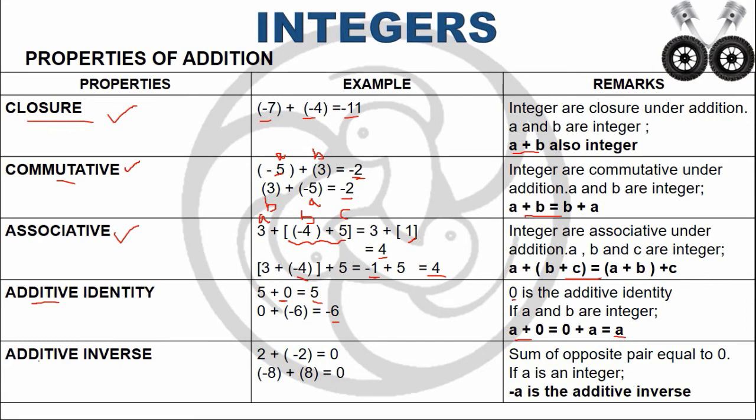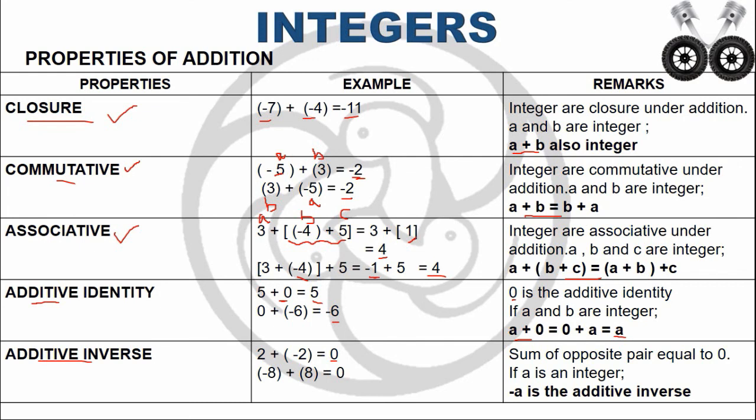So next one is the additive inverse. So additive inverse means if I add two integers, then I have to get the answer as 0. So we get the answer 0 whenever the two integers are the same number with opposite signs. So say for example 2 plus minus 2. So here the two integers are having the same number but the sign is the opposite sign. Then only I will get the answer as 0.